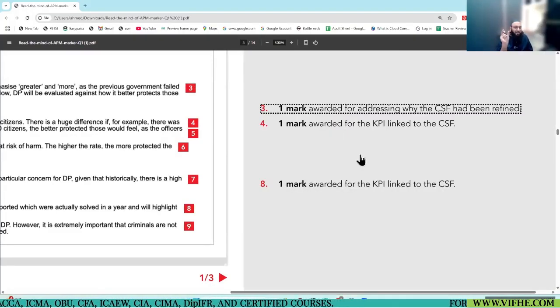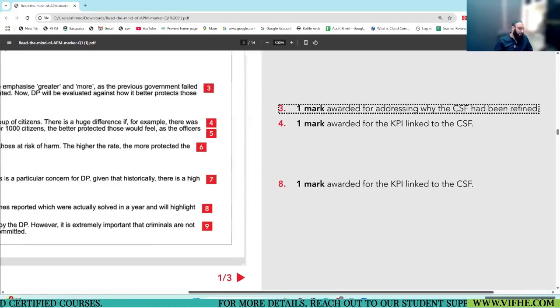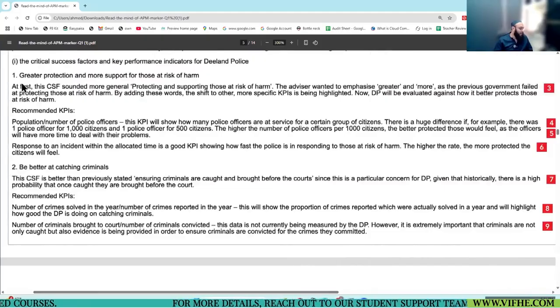If you mention the reason that CSF has been redefined, you get 1 mark for that. Only 1 mark you are getting here. But if you see the answer, the student did use 2-3 lines to explain this point. That's fine. Done.